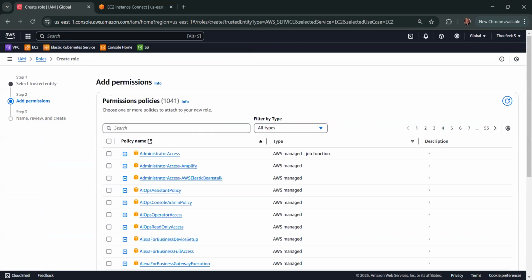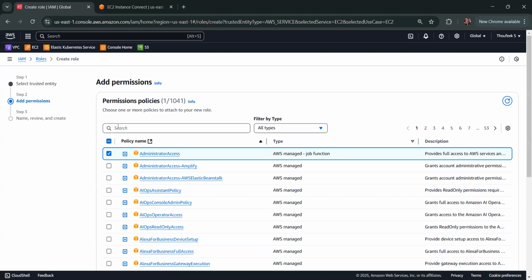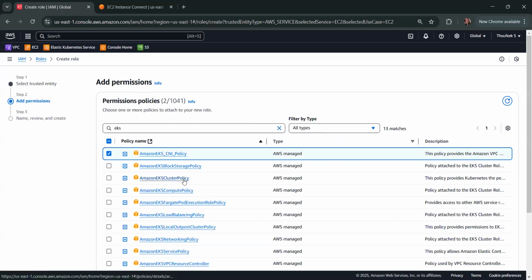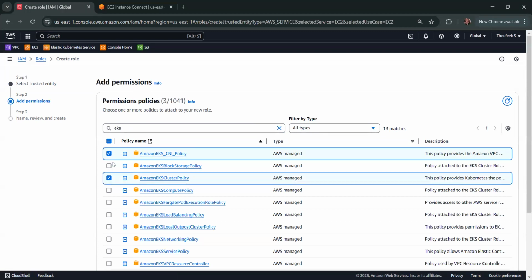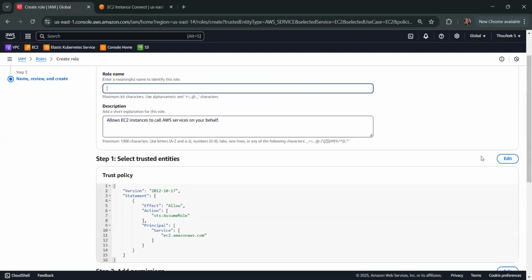Here actually is the permissions page. So we need to add some permissions for the role we are going to create. In my case, I think I added administrator access, then EKS. This is the main thing. Type EKS and select the Amazon EKS CNI policy. Select this one and the Amazon EKS cluster policy. These two are fine. Now, next and create the policy. That's all. Name something and